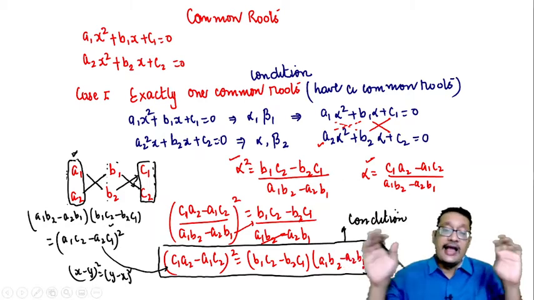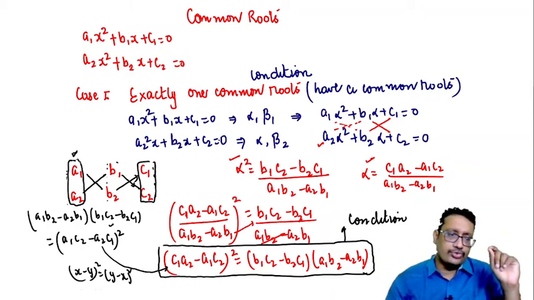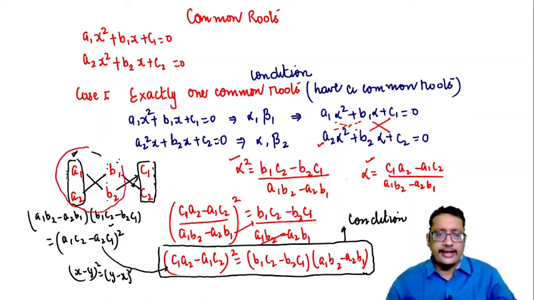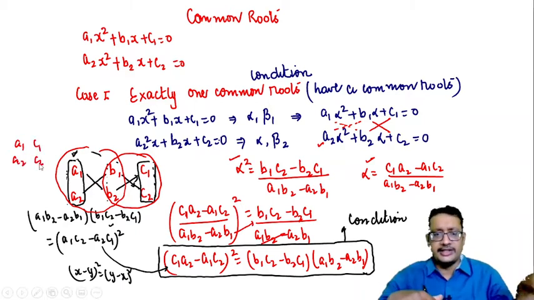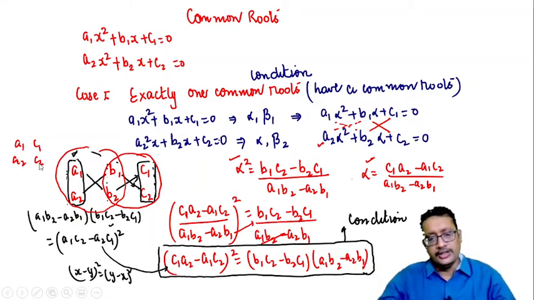Or I can say that they have a common root. So simple: write the x square coefficient in the first column, x coefficient and constant, a1 b2 minus a2 b1, the 2 cross 2 determinant from here, and again take the 2 cross 2 determinant here, find the value, and the remaining is a1 a2 and c1 c2. And this should be a square because two terms are multiplied on the left, so this is a single term, so make it a square so that it gets completed.